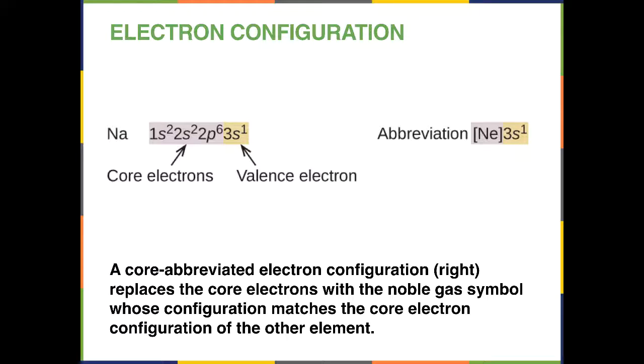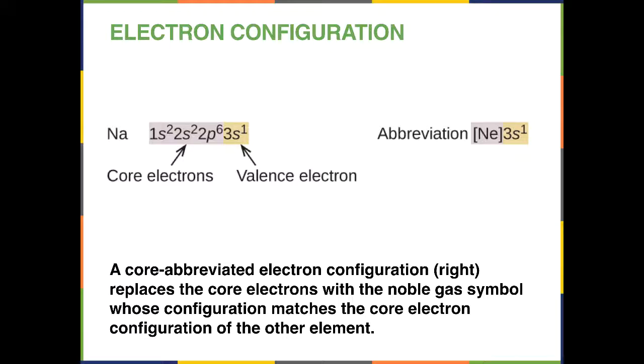And the abbreviation for the core is the closest noble gas symbol. So for example, sodium has 11 electrons, so it's the next element after neon. It has a single valence electron in the 3s suborbital. And the way to abbreviate that is to write the symbol neon, representing the core electrons, and follow that with